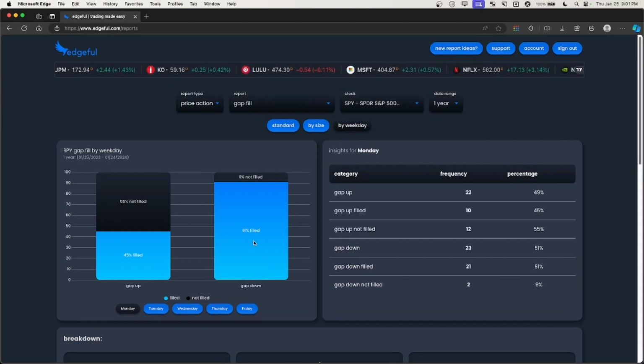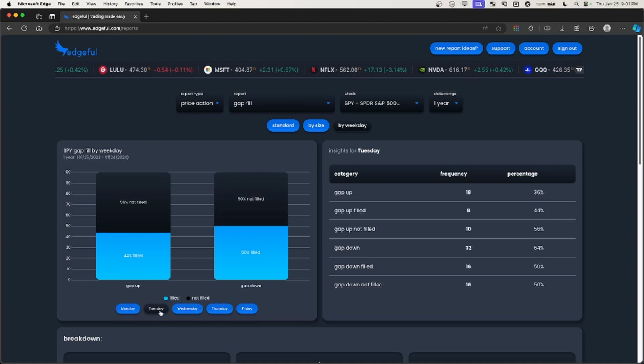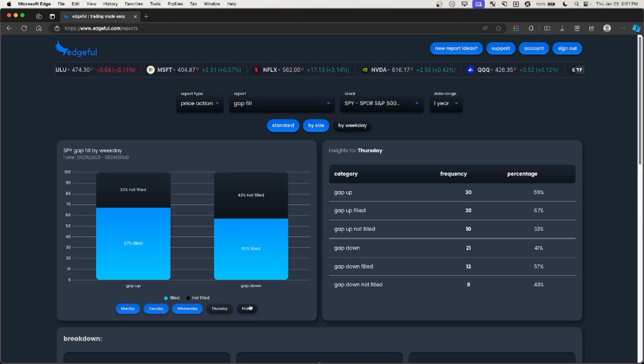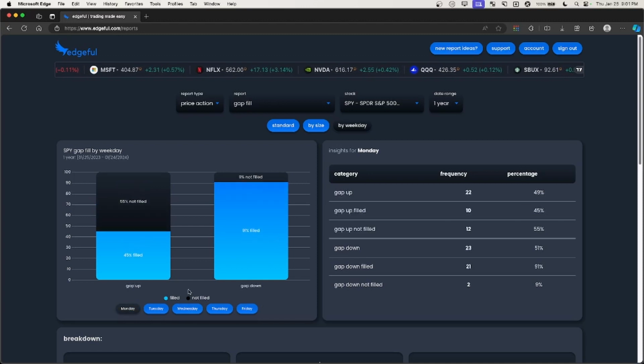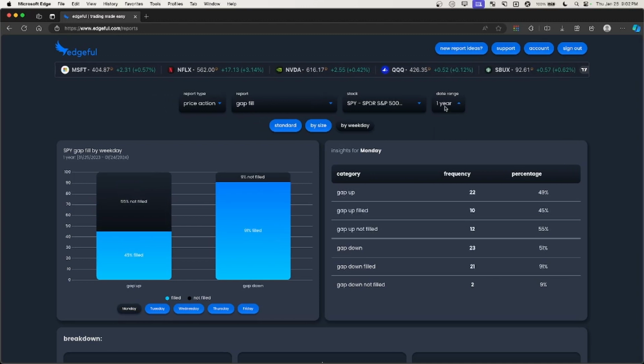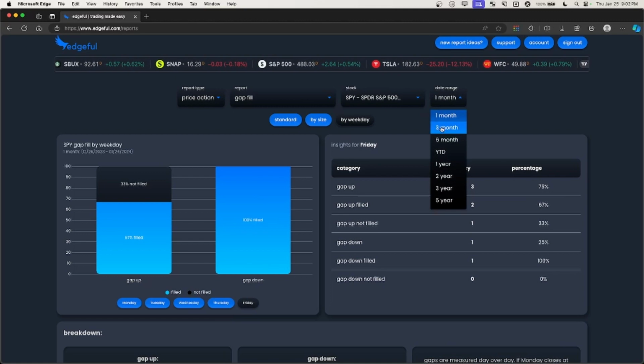Now you add this 91% correlation with your other indicators or however you trade and other confluences through the market, and you can find a good gap fill to the downside. Tuesday's 50-50. I wouldn't consider any of this to be significant then. Friday's a 71%. I would take a look at this, but Monday is where it's at for the gap downs on the past year. Personally, for these things, I would use the 1 month or the 3 month,